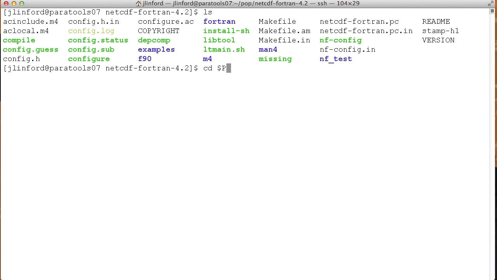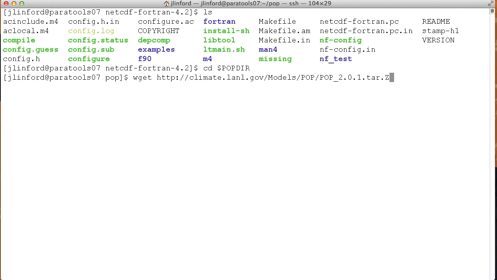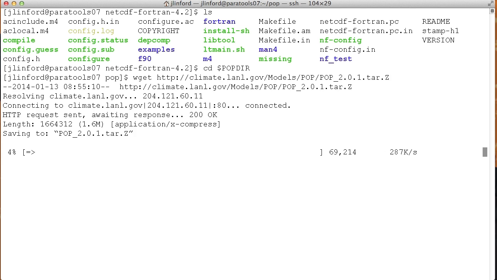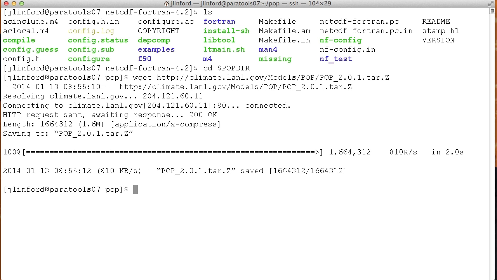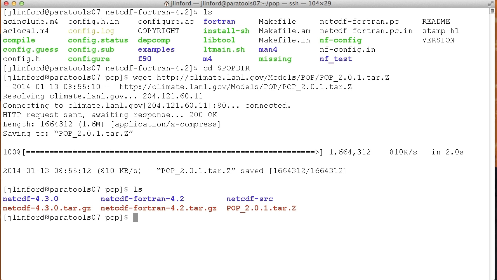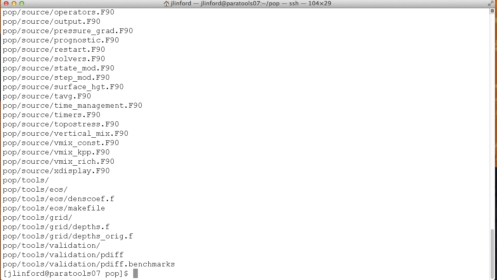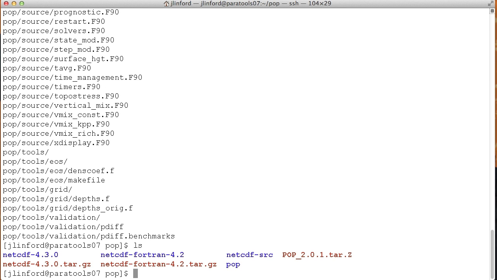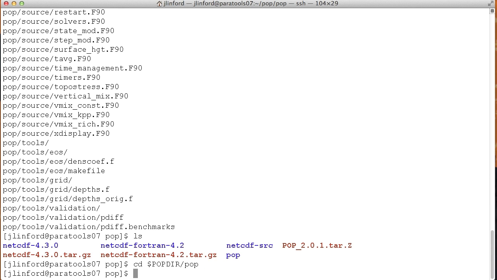Go to your pop directory and download the pop source code from the Los Alamos website. Here you have it, climate.lanl.gov/models/pop. If you go to that webpage, you'll see a lot of information about pop, documentation, and so on. So we have the pop source code. We can decompress it and unpack the tarball with tar. So now we have created a new folder named pop. I'm going to go to the pop source code folder,